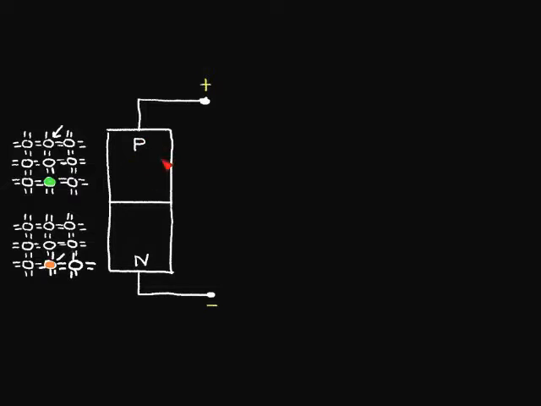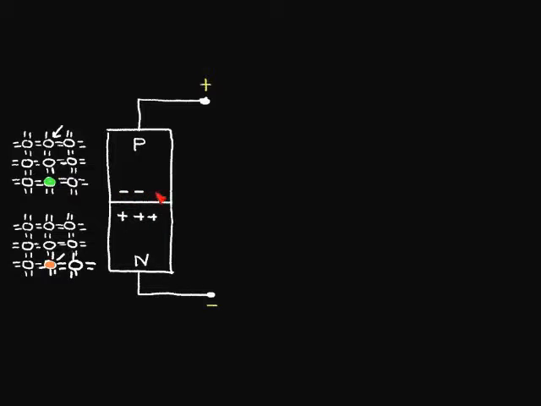This p region has been doped with boron. So what happens is that these holes can diffuse from this p region over into this n region. Now recall that holes can be thought of as positive charges. So over here we develop positive charges. And some of these electrons from this n region can diffuse over into the p region, and this p region